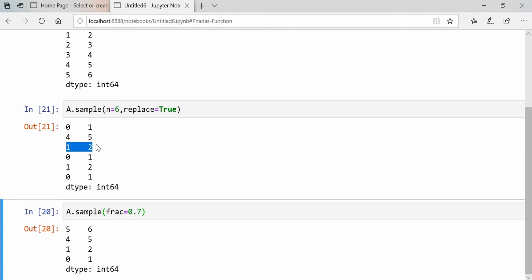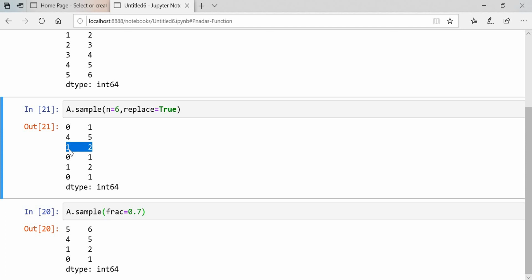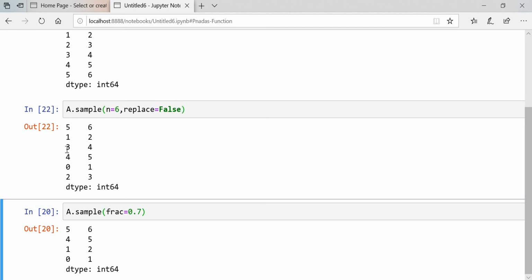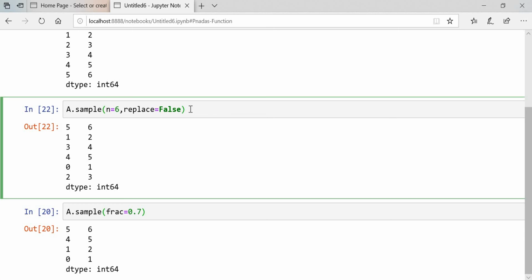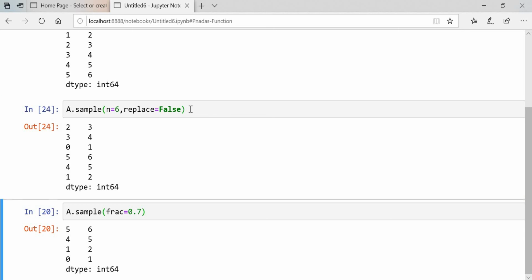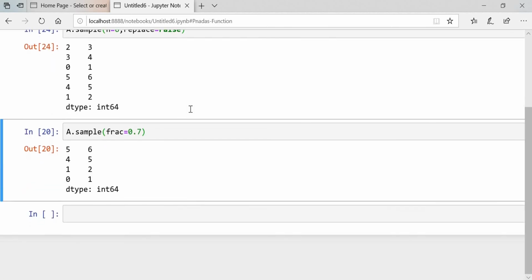At the first index we are getting 2, and here also at the first index we are getting 2. So if you put replace equals to true, you will get repeated data. If you put false here, you will not get repeated data. You can execute any number of times and you will not get the same data. You should get different data when you put replace equals to false. So it works like this, guys.